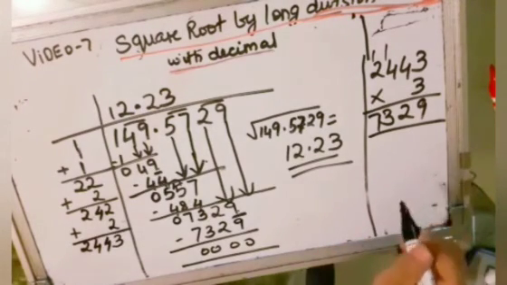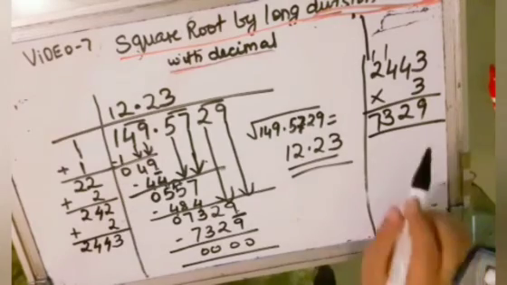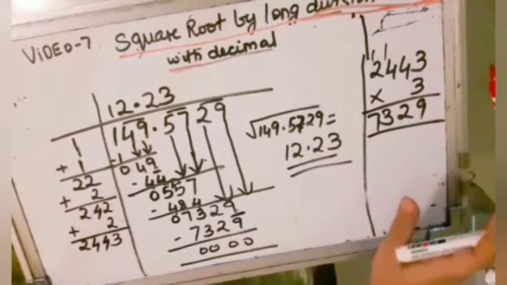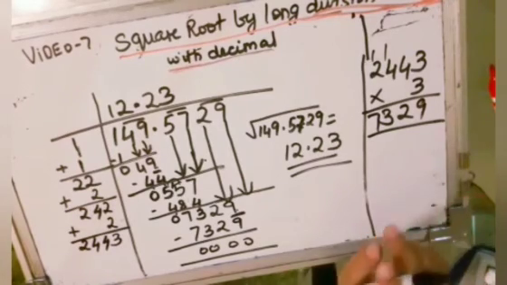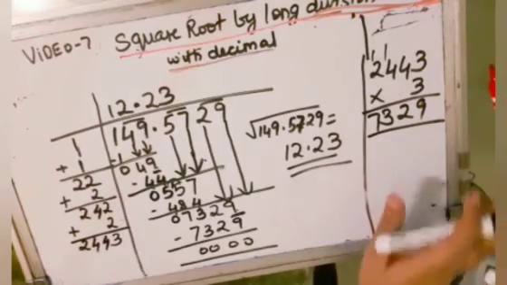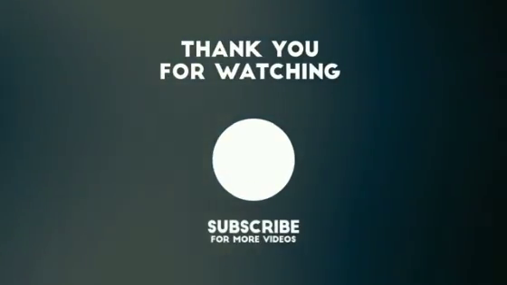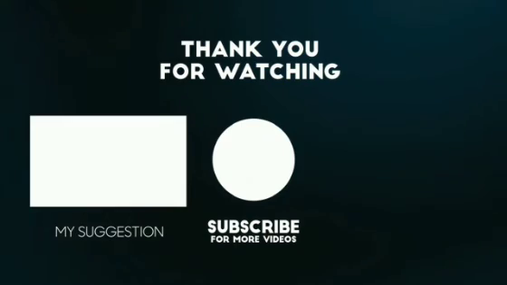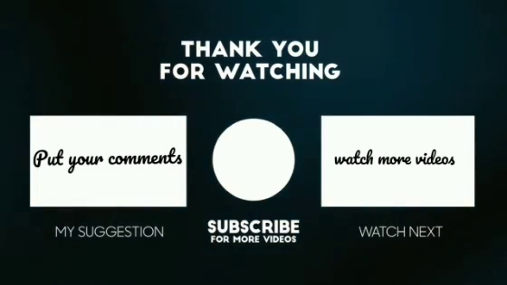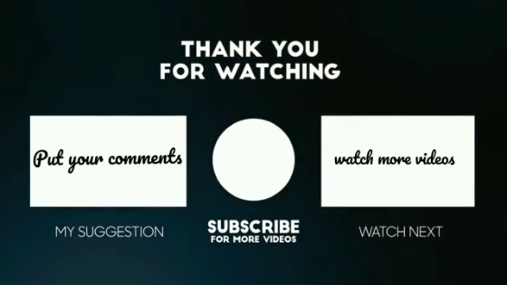Hope you have understood what are squares and square roots, and the long division method is the most important method. You would definitely get 1 or 2 sums on this in your exam. So please be clear with this concept. You can just leave a comment in the comment section. I can explain again how you would do square roots by the long division method.